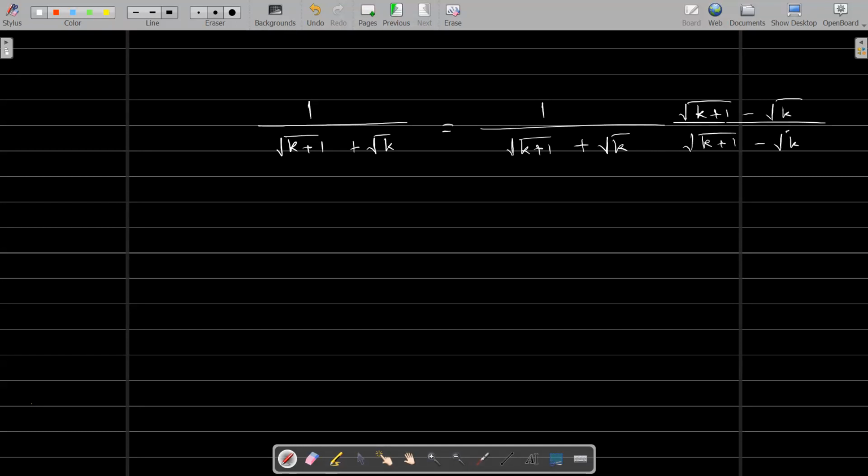So in the denominator we get simply 1. Okay, so this is root k plus 1 minus root k. So which means that Sn turns out to be